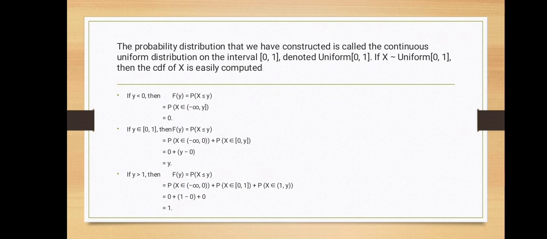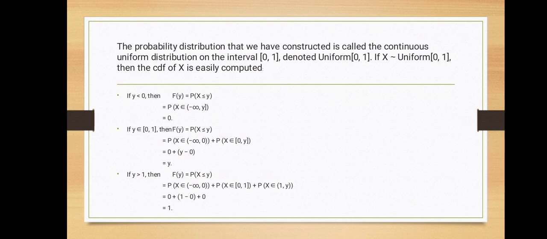And then if y ∈ [0,1], then F(y) = P(X ≤ y) = P(X ∈ (−∞, 0)) + P(X ∈ [0, y]) = 0 + y − 0 = y. And then if y > 1, then F(y) = P(X ≤ y)